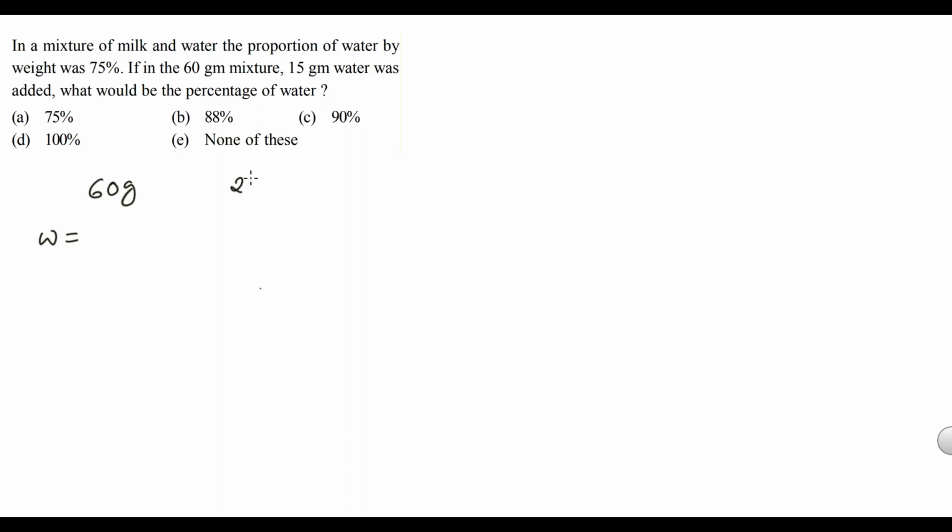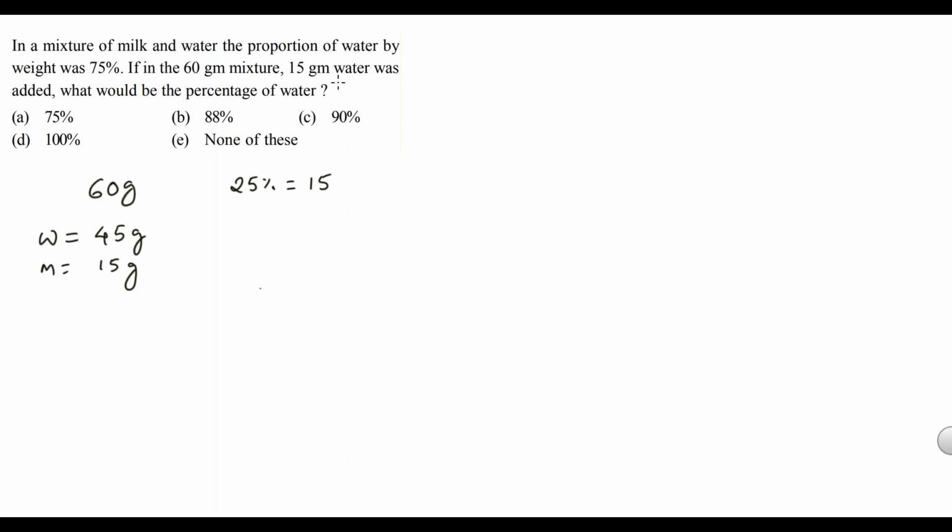75%. So first you calculate 25% if you're finding it difficult, or directly you take 25%. 25% of 60 is 15. So subtract 15 from 60, that is 75%. 45 grams is water. Then milk, 75% is water, means remaining 25% is milk, 15 grams. Clear? Now in the mixture of 60 gram, we have 45 grams of water and 15 grams of milk.